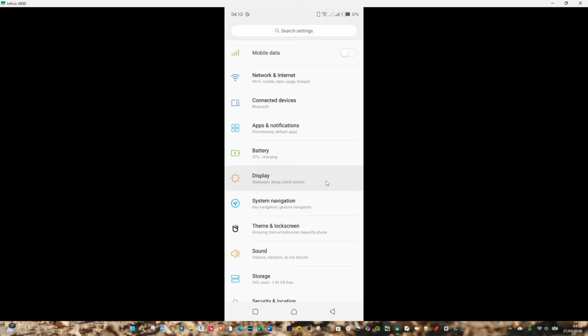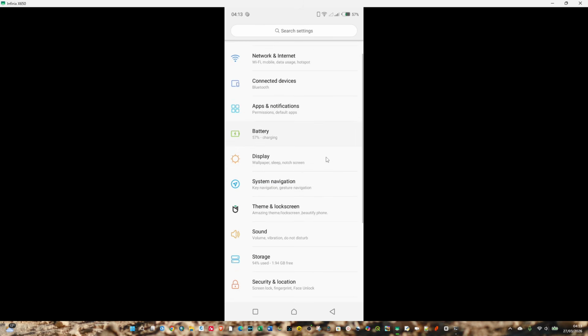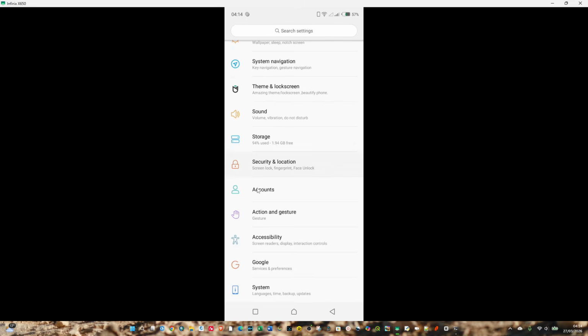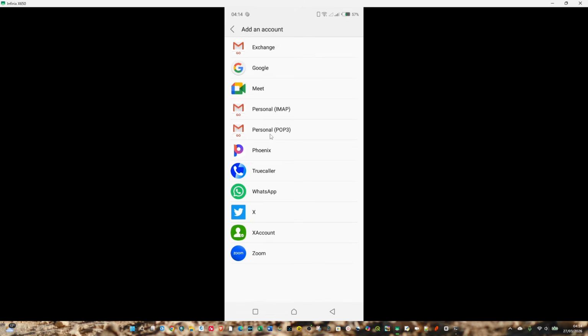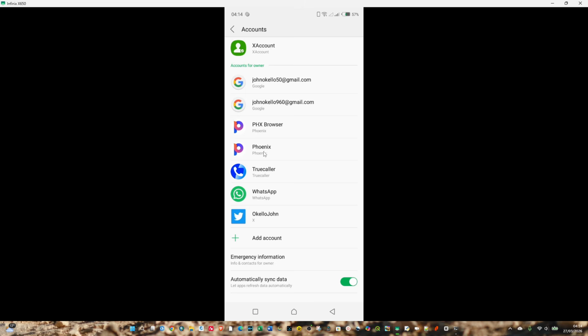settings on your phone. Go to your settings, tap on it, and then scroll down to accounts. Tap on accounts, and then down here click on add account, and I'm going to choose Google. So select the second option, click Google, and